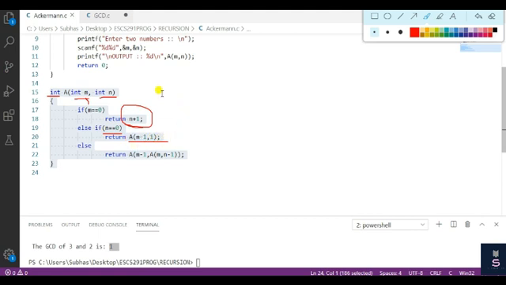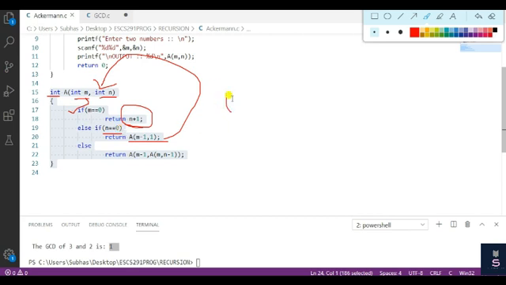So that is the recursive call once again, and this is my base condition. We can think the first one is a base condition, and the second one is a recursive call. Once again I will call, but here we will decrease the value of m by 1 and n equal to 1. If the second argument is also not 0, so that means if m not equal to 0,